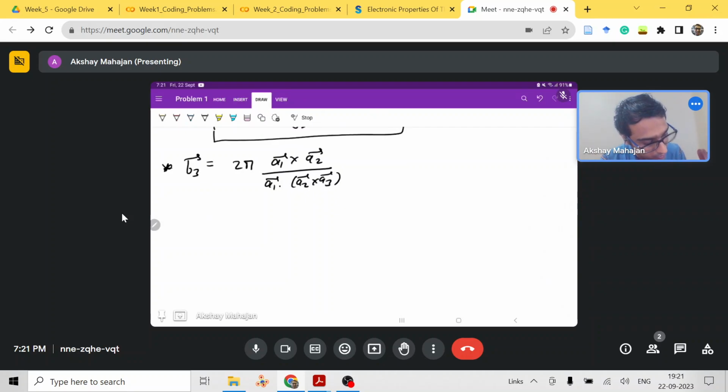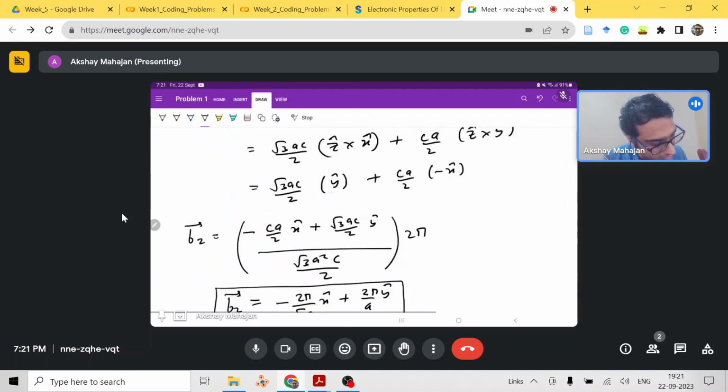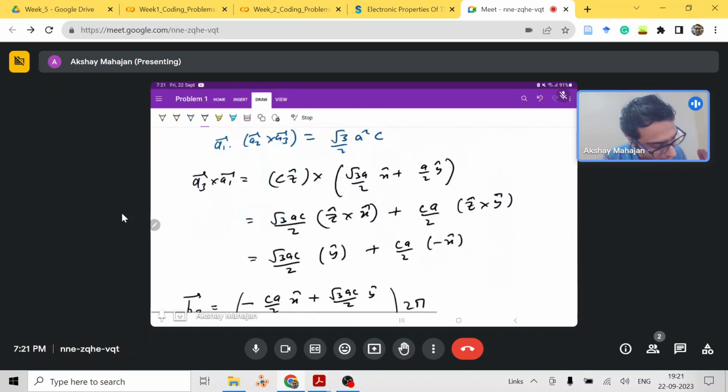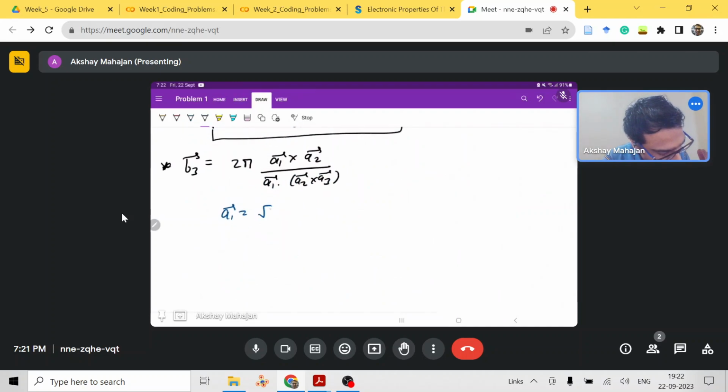Again, what we have, a1 vector is given to us, a1 vector is root 3 a by 2 x cap plus